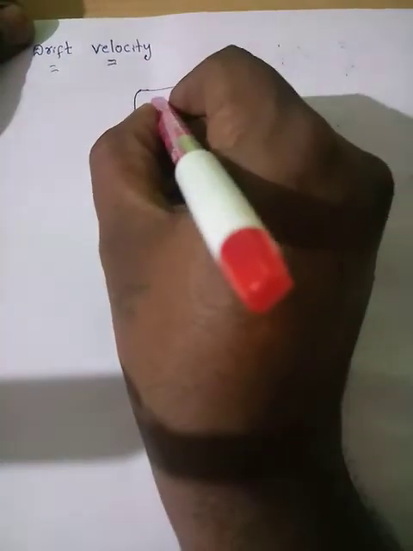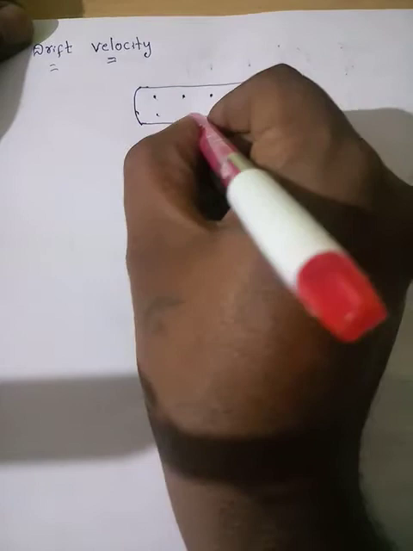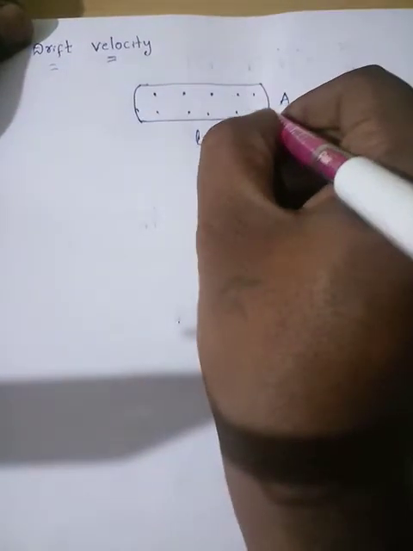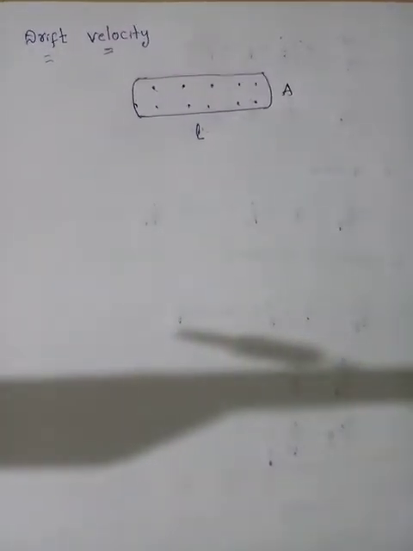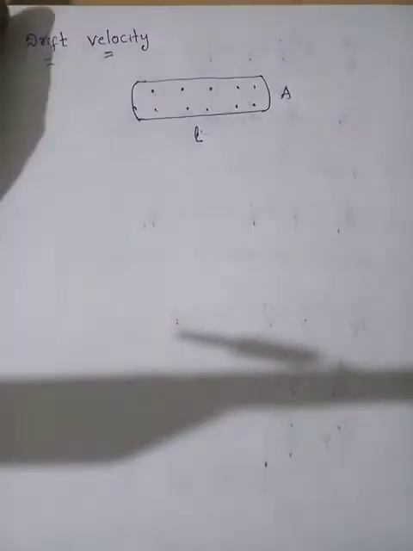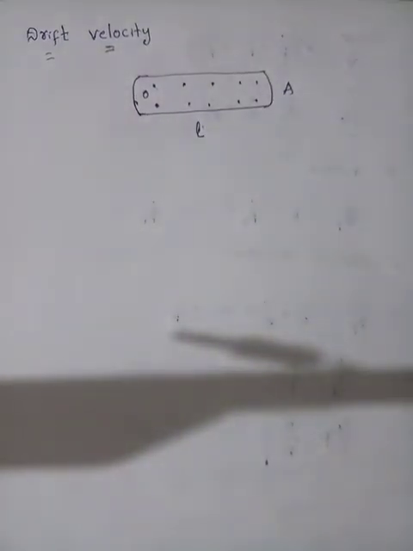In a conductor or in a crystal, as we know, the atoms are arranged in one particular order. Assume that here we have free electrons. I am only considering one electron, not all. Initially, when you connect a battery, we are going to get the current, right? Yes, so all the electrons will gain some current.